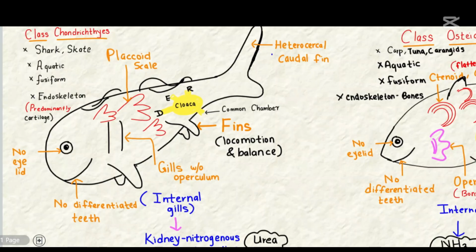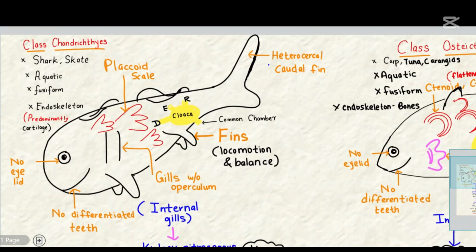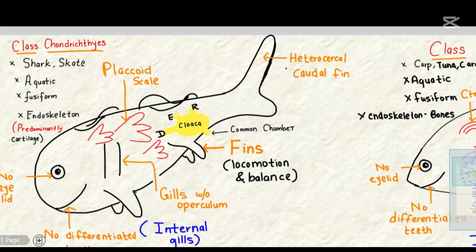Then the endoskeleton when it comes to Chondrichtyes is going to be cartilage, predominantly cartilage. So if there's an MCQ statement like it's only cartilage, it's false. It's predominantly cartilage, which means Chondrichtyes can also have bones in them. Then we move on to this picture that will be very helpful in remembering almost all the points that we